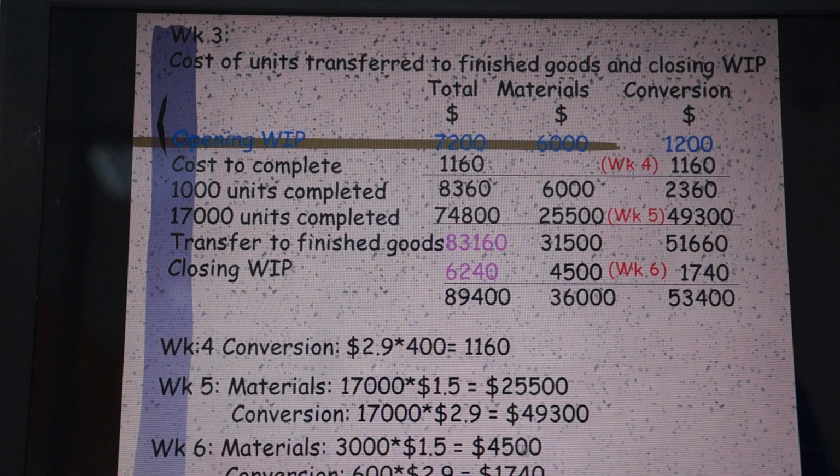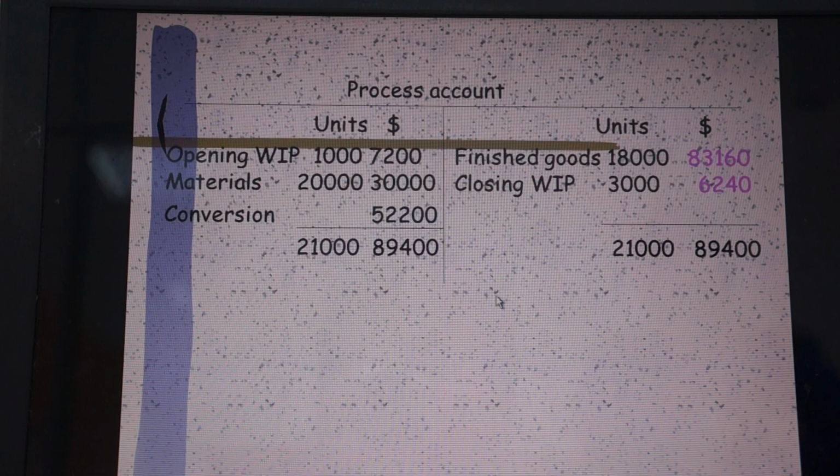And the closing work in progress cost is, okay, look at working number 6, material 3,000 times 1.5, so we get 4,500, and conversion cost 600 times 2.9 cents, so we get 1,740. So altogether we have 36,000 for material and 53,400 conversion cost, and altogether we have 89,400. This is the process accounts. Okay, so what we have in the debit